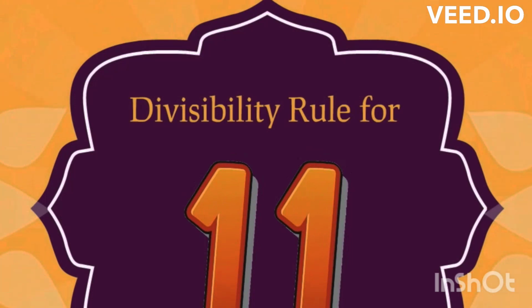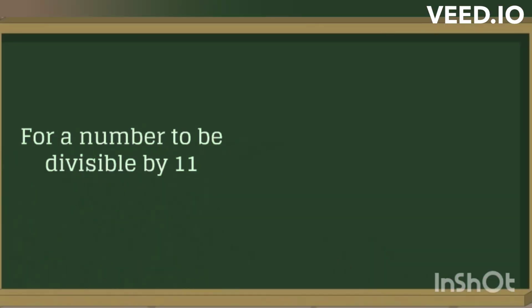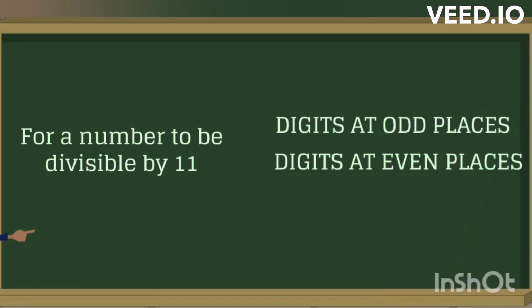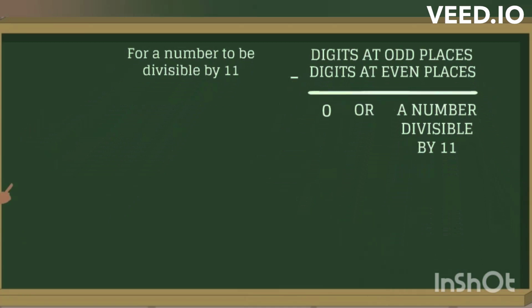Divisibility rule for 11. The rule for 11 is remarkable. Add all the digits at odd number places and then add all the digits at even places. Subtract the results. If the result is 0 or a number divisible by 11, then the entire number is divisible by 11. Example,